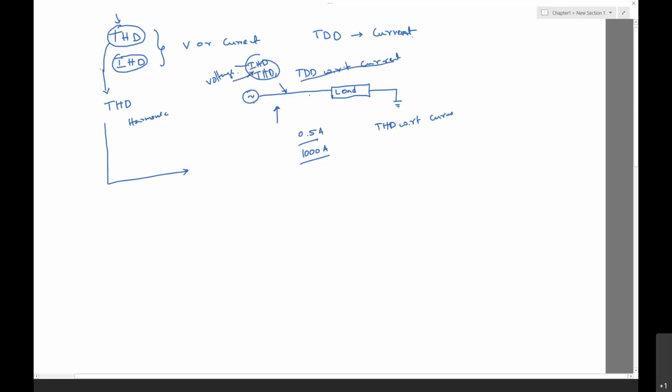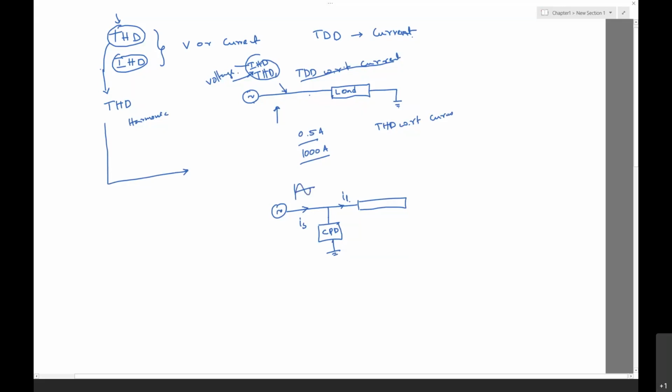For voltage, we have to go for TST as well as the individual harmonic distortion. With respect to the current, going for TDD is appropriate. Suppose you have a system where a custom power device is used to improve the source current quality, but not the load current. In that case, we try to make the source current sinusoidal.